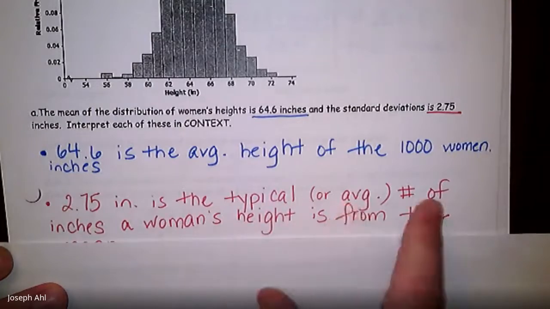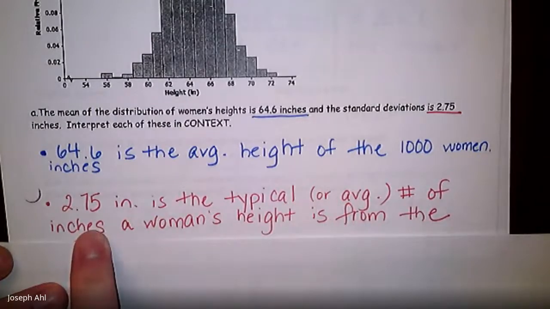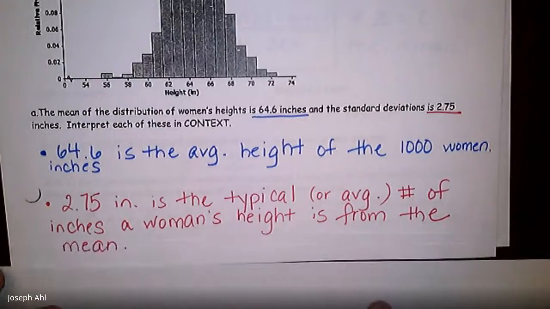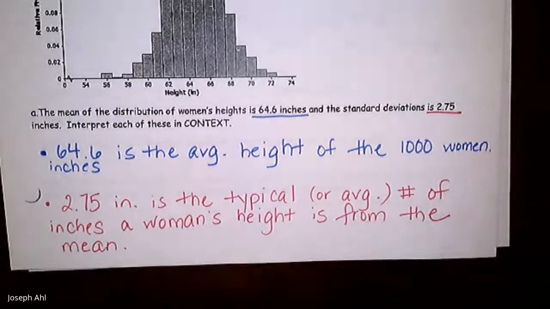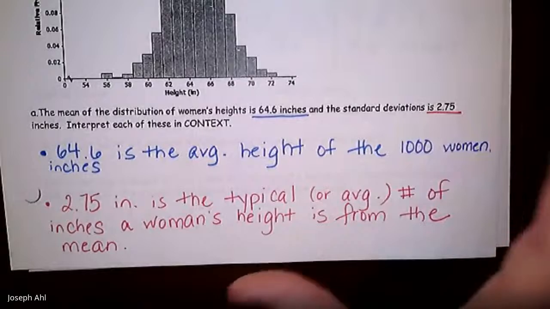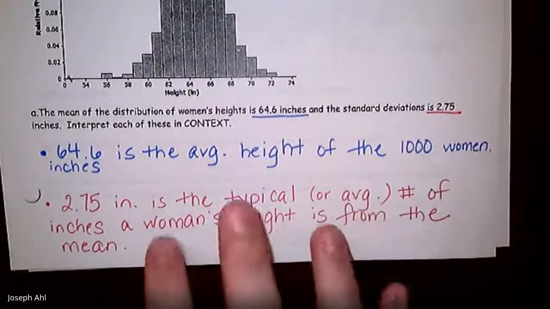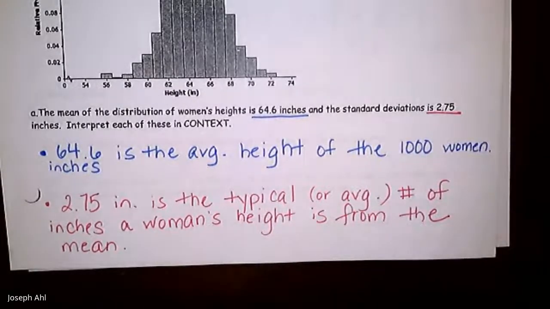typical or the average number of inches that a woman's height is from the mean. Okay, so on average, a woman would be about 2.75 inches taller than 64.6 or 2.75 inches shorter than the average height there. Okay. So some quick discussions about mean, standard deviation. We're going to see how we can use normal distributions and some of this information to make other conclusions in